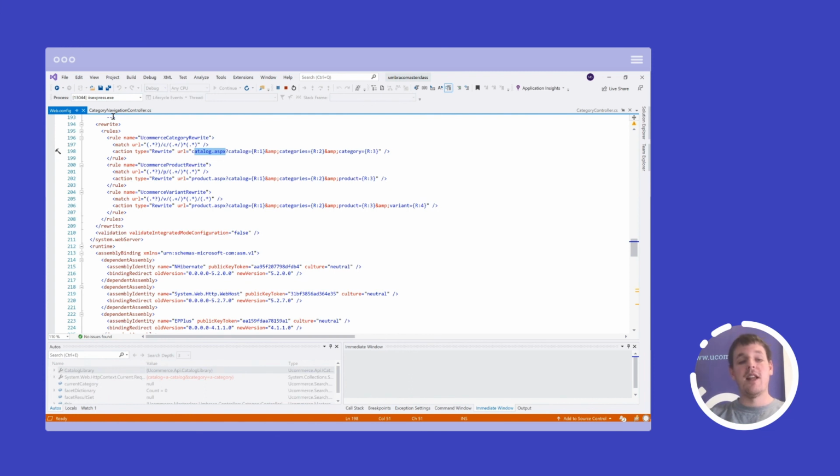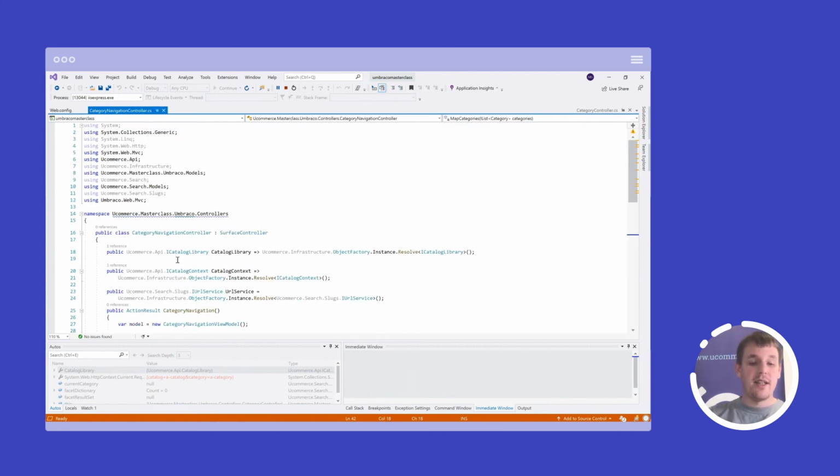Once you have all this in place, you will now be able to use the catalog context by injecting it into your controllers from the IOC container of Ucommerce. Resolve catalog context and you're good to go. Stores and catalogs are resolved based on the domain that you set up in the CMS, and thus you have the ability to create multi-channel functionality as well. And that's all for the catalog context and